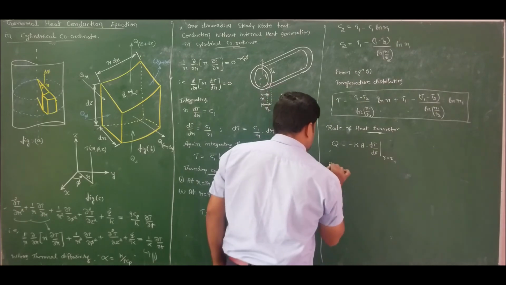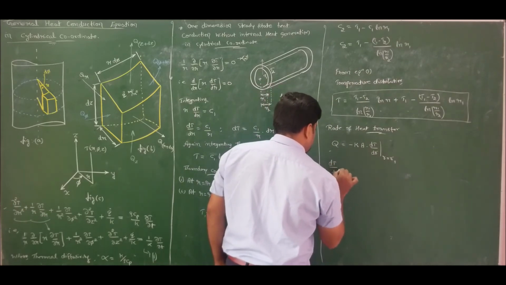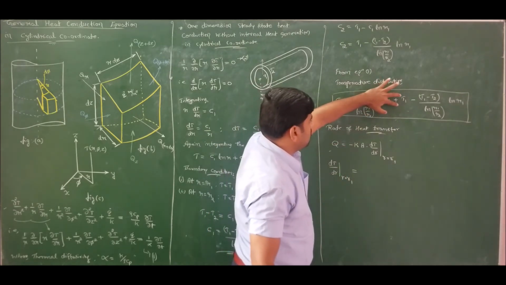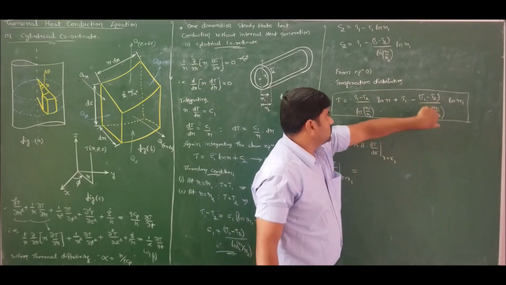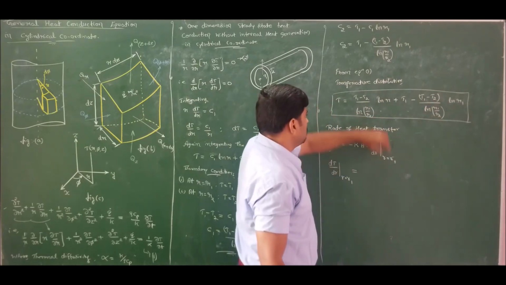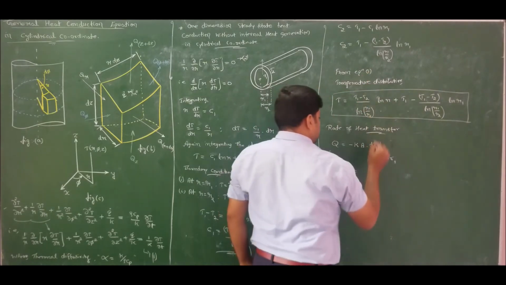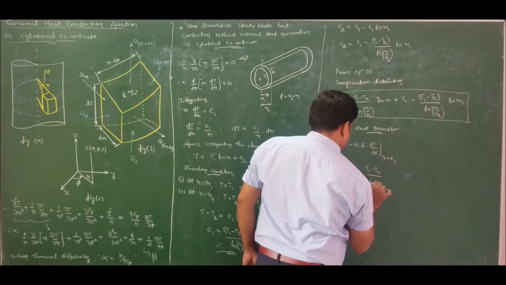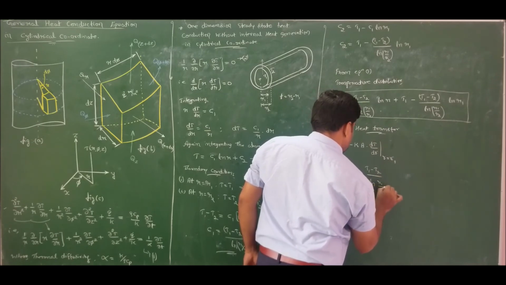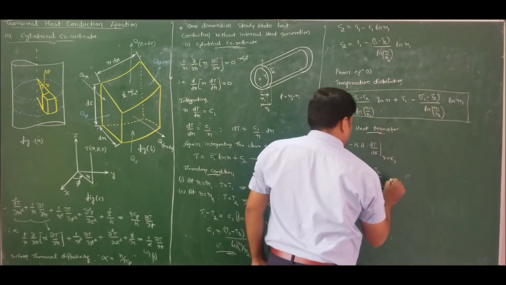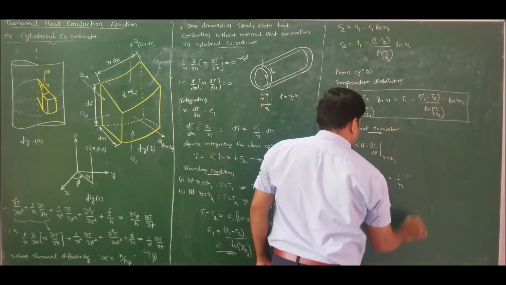So if we do that, dT by dr evaluated at R is equal to R1 will turn out to be, so T1 is constant, it is 0, and in this term also we don't have R, we have only R1 and R2, therefore this term will also become 0. We have only this term, so if I differentiate this, I will get T1 minus T2 divided by ln of R1 by R2, differentiation of ln R is 1 by R.